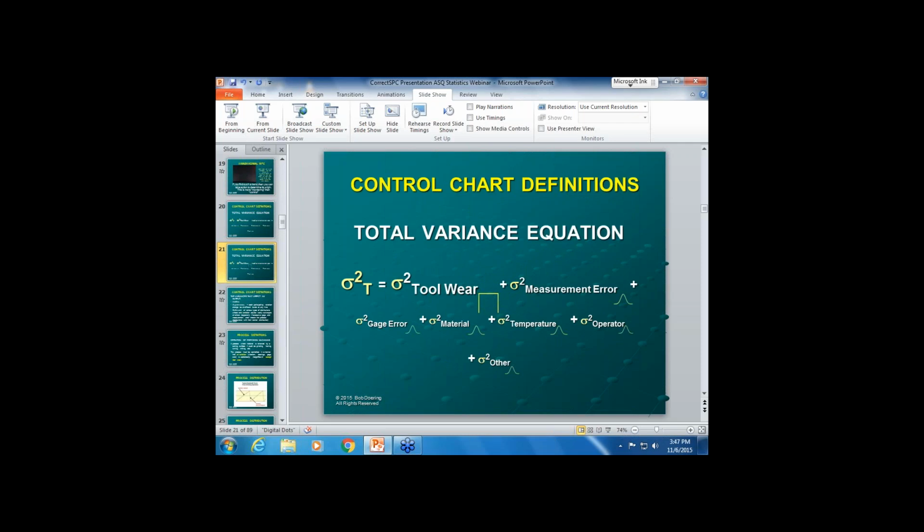And here's the thing. Everybody wants to have an easy way to do things. I want plug and chug and calculate it. But unfortunately, when you're doing it right, you actually have to think, and you have to work through this based on experience and understanding of what your process is. That's the only way that it works. There's no plug and chug magic wand that really makes it work correctly. So that goes back to your capability studies and the history of your process.